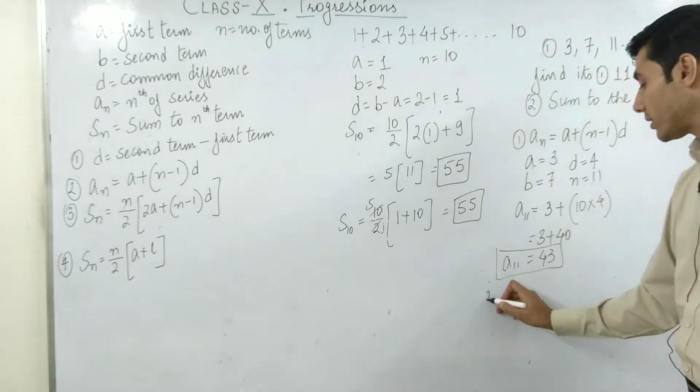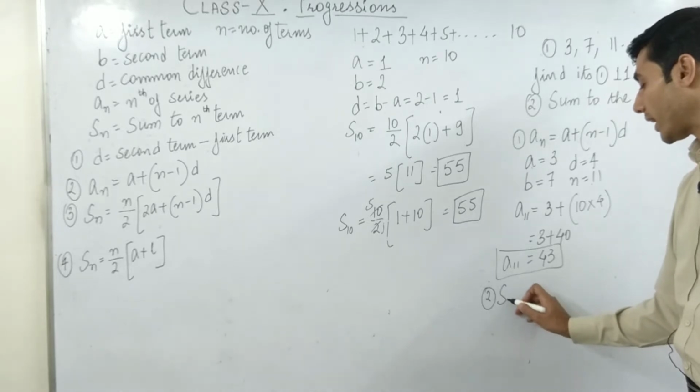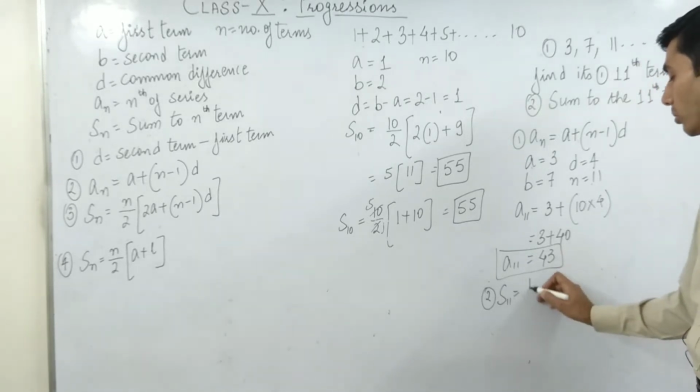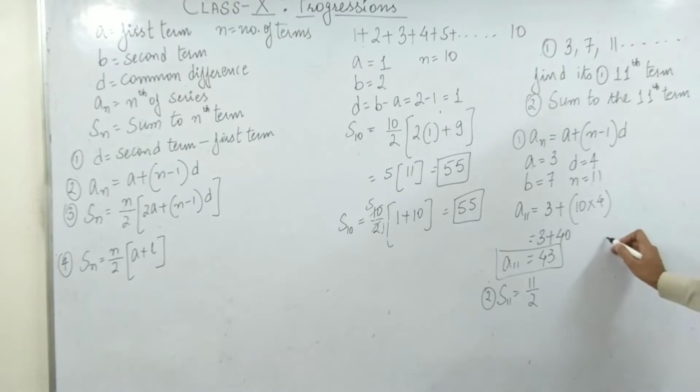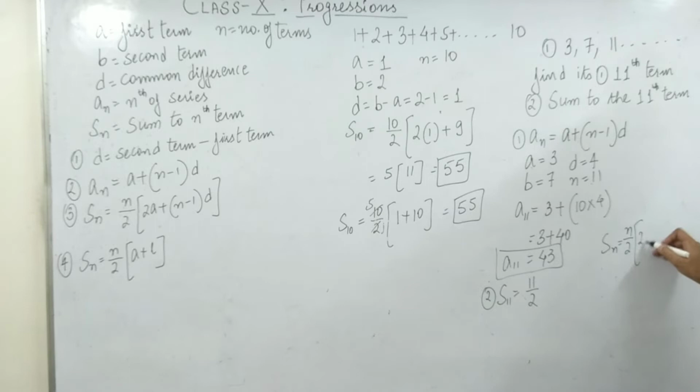So sum to the 11th term के लिए what should I do? I'll find out S11. It should be equal to 11 by 2. Why? Because what is the formula of Sn? It should be equal to n by 2 bracket 2a plus n minus 1 into d. Now यहाँ पर जो लोग काफ़ी इंटेलिजेंट है, काफ़ी दिमाग लगा रहे हैं, जिनको मैथ्स एकदम फुल मार्क्स चाहिए, यहाँ पर ही एक शॉर्टकट ट्रिक देखो. आपको उन्होंने बोला है सम टू द 11th टर्म. 11th टर्म तो आपने निकाल दिया, तो इसका मतलब है ये टर्म कौन सी होगी, इस सीरीज की लास्ट टर्म.